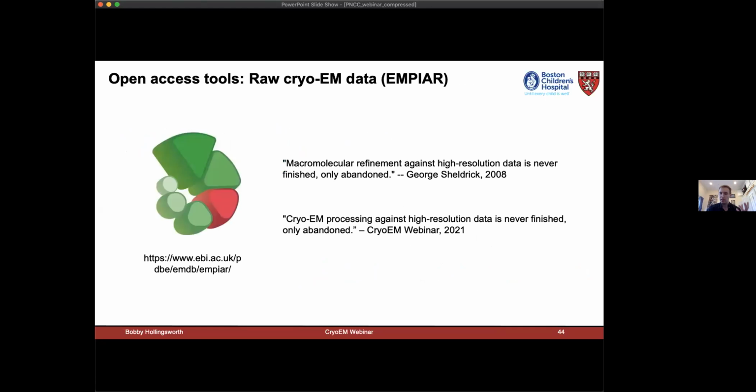And EMPIAR just opened up to deposit the raw cryo-EM data from data sets. And I saw this quote circulating around Twitter recently about molecular modeling, where essentially a molecular modeling project can go on forever before depositing the coordinates. And sort of the same holds true for